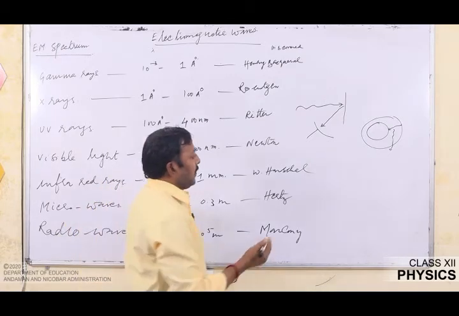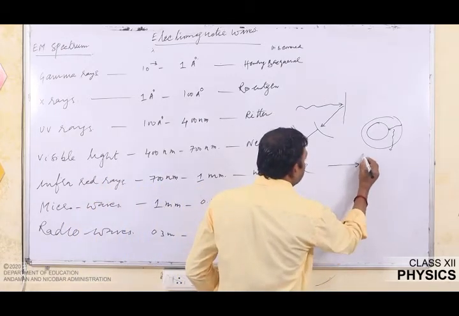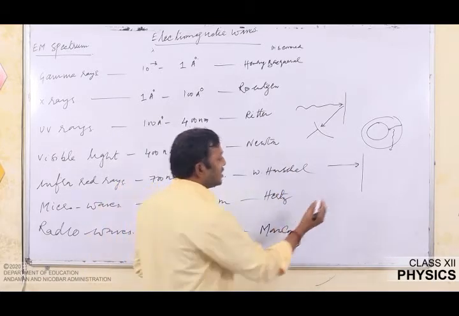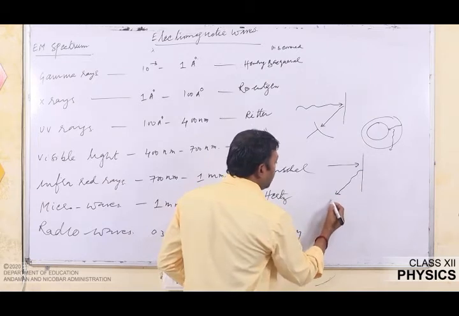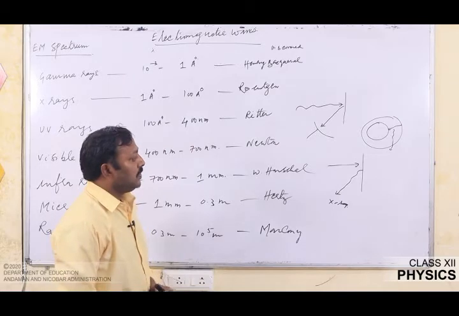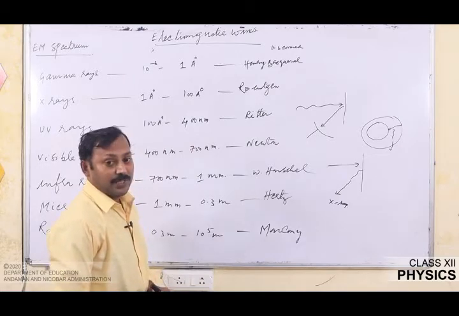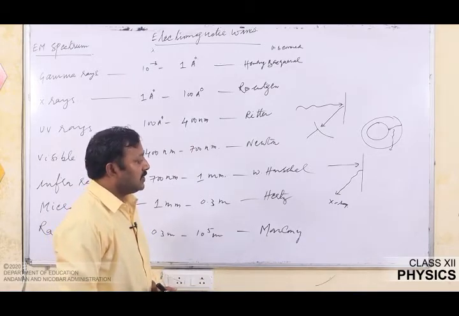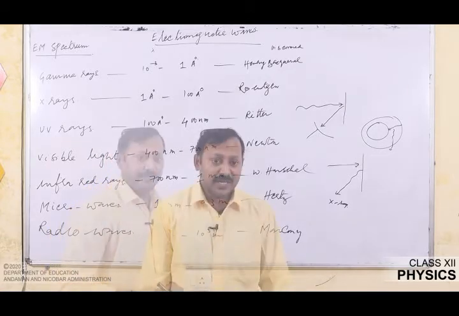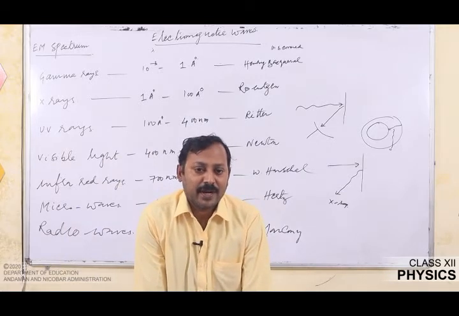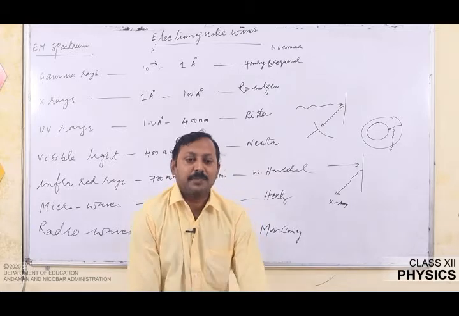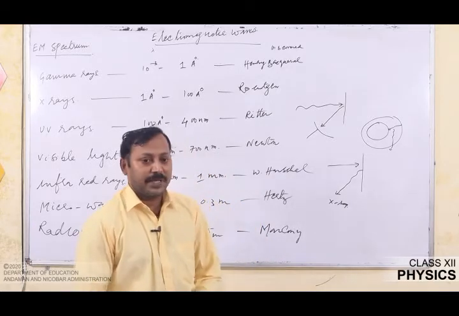When a fast moving electron is suddenly stopped by a target material of heavy mass, then radiation is emitted. This radiation is in the range of X-rays. So X-rays can also be produced by making a fast moving electron suddenly stop at a target of heavy mass. During this process, rays are emitted and these rays are called X-rays. They travel with the speed of light. They show fluorescence as well as phosphorescence in certain metals. They affect the photographic plate.